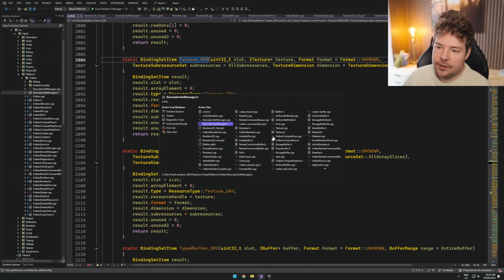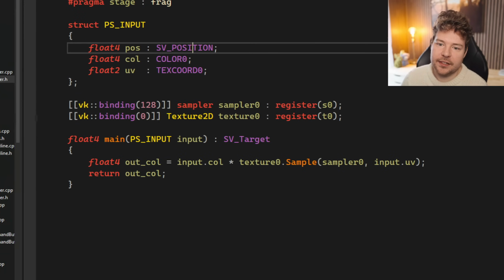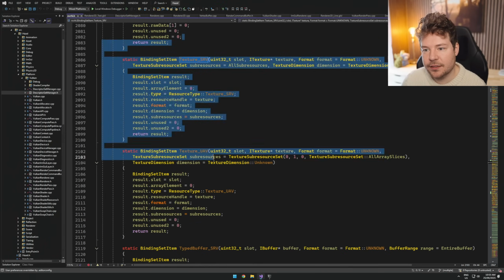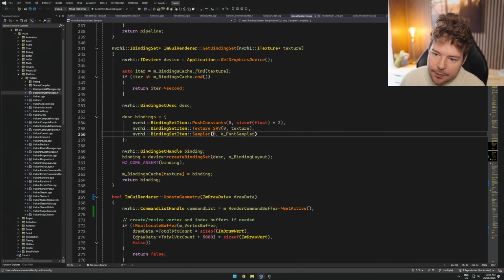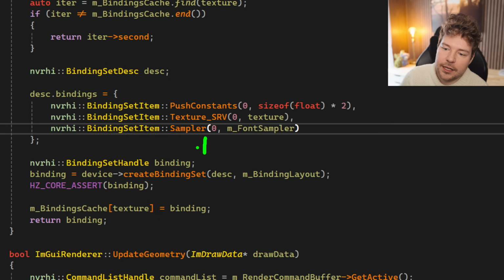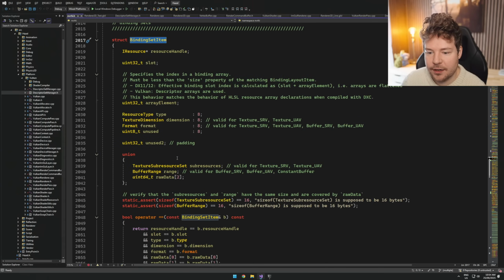And that's why, for example, in our IMGUI HLSL shader, we had to basically say that the sampler is actually at binding 128. So I don't know if we need to set the binding to something else for samplers. Here we don't. They're actually still set to 0 though, which is odd. Yeah, it's super weird. The reason why is because internally it actually adds 128 to this just because it's a sampler. So this is going to be interesting, because out of all these binding set items,